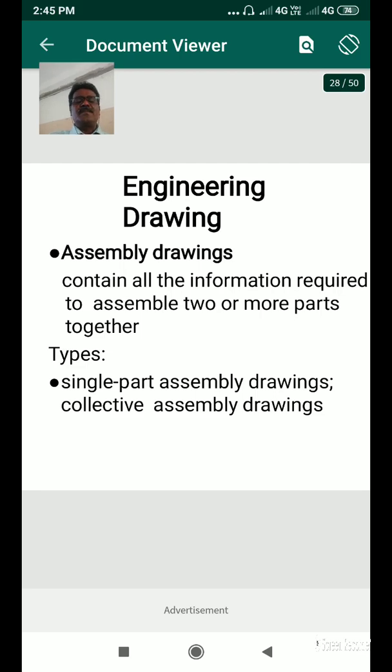In the engineering drawing, there are assembly drawings and detailed drawings. The assembled drawing means, for example, one bicycle contains three parts: front wheel, rear wheel, and three bars and chain system, and so on. These are the sub assemblies 1, 2, 3, 4. But the final part, the finished part, the output is the bicycle. It contains 3 to 4 assemblies which we make together to make a bicycle.